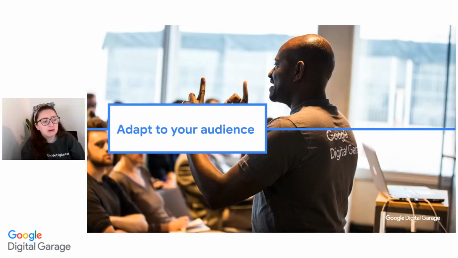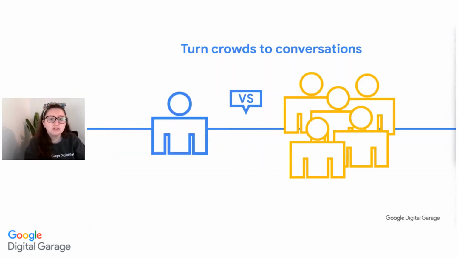And the first thing to think about is adapting to our audience. How many people are you going to be presenting to? And that's not going to change who you are or change your style necessarily, but it is going to allow you to make sure that whether you're talking to one person or two or three people, or whether you're talking to a large group of people, you can understand exactly how to have that conversation within those different crowds.